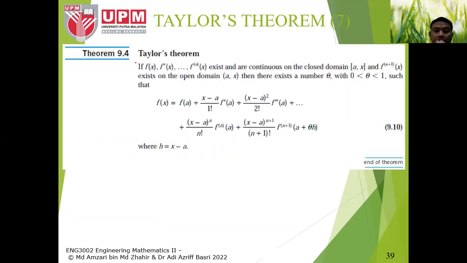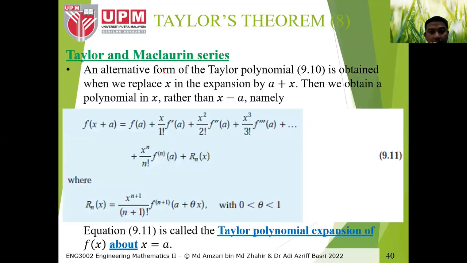So in terms of Taylor's theorem, we can simplify it like this, which is f(x) equal to f(a) plus (x minus a) divided by 1 factorial times f prime, and the rest. Okay, from equation 9.10, for the Taylor and Maclaurin series, an alternative form of Taylor's polynomial of 9.10,